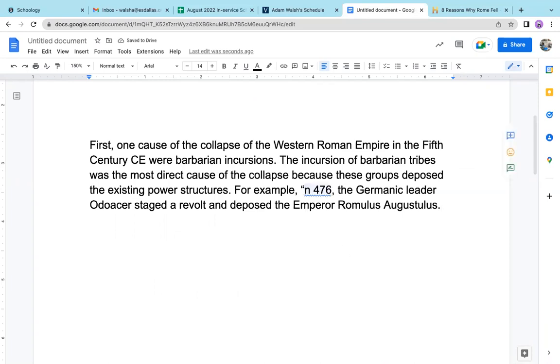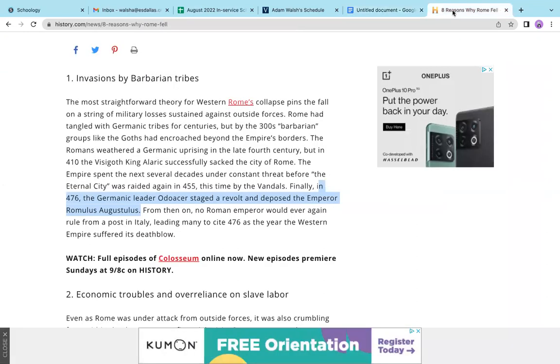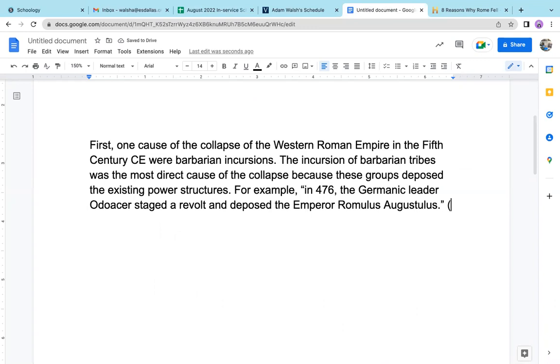Looks like I lost the I. And close it off there, right? So now it's, for example, in 476, blah, blah, blah. That would not be correct if I didn't have the for example in there. So it's really crucial that you do that. All right. Now I am going to put a site on here. It's from history.com. So I don't know if your teachers would require a citation, especially if it's an in-class essay, but for the sake of argument, here's what a real simple citation is going to look like.